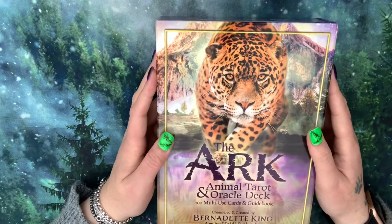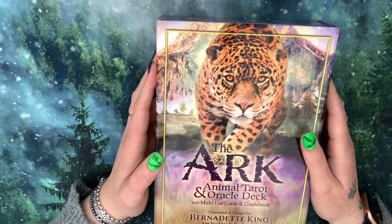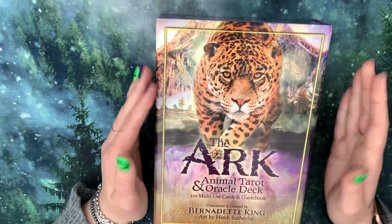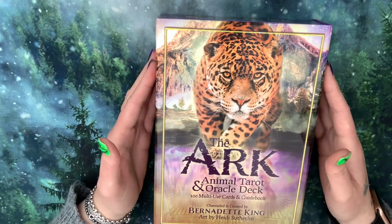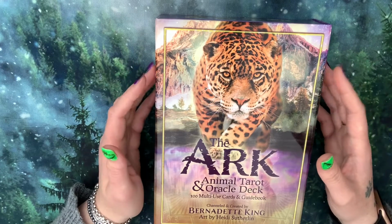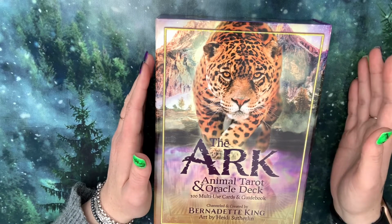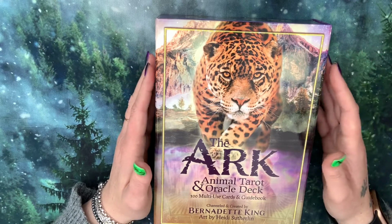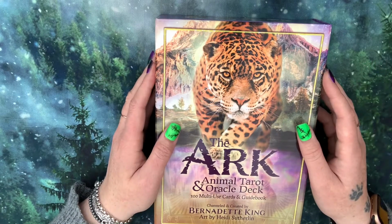So I personally would score this deck 10 out of 10. I thought it was absolutely wonderful and fantastic. Such a beautiful idea to have an oracle and a tarot together, but also to make the tarot cards easy for a beginner to learn based off of the animals, the associations and the colours and the environments. That's just wonderful, and I think this has taken the tarot game to a whole new level with all the different energies that you can look at in this deck, and the free lessons that you get with the guidebook,